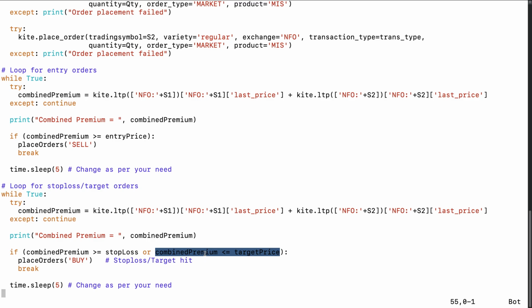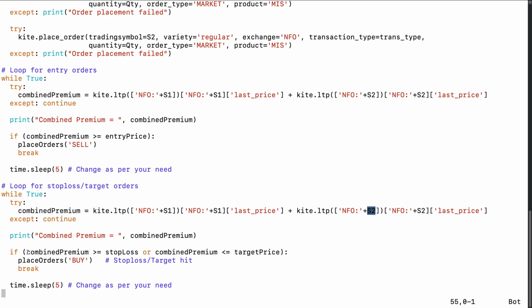Here I am saying is our target price, again if you go back to the code, our target price set was 170 rupees. So here it will check whether 170 rupees is greater than my current market price, which is 185 rupees. Again, this condition is also not true. So it won't enter this piece of code and it will directly come to the sleep function. 5 seconds, it will take a pause and again it will come back here and take the last traded price of both of these strikes, S1 and S2.